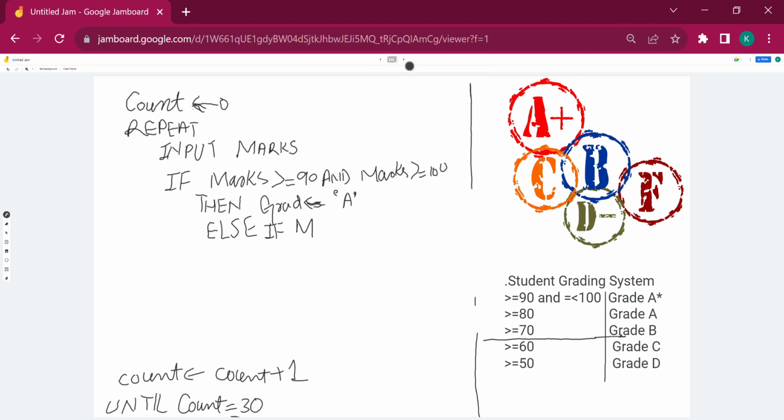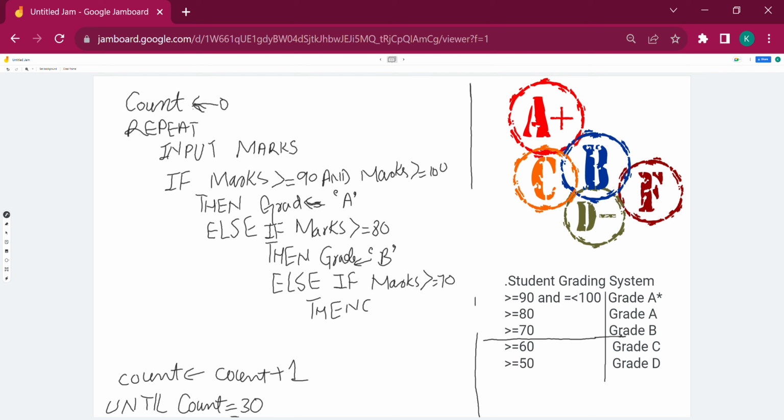If marks greater than or equal to 80, then we are going to write then here, grade is B. Else, hopefully you are getting the idea of this nested if, that we are going to write it here. Now we are going to write if here, marks greater than or equal to 70, then grade is